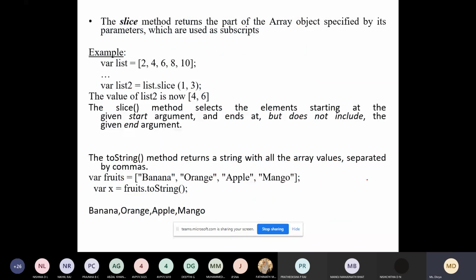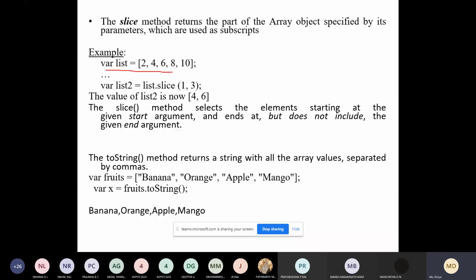The next method is the slice method. The slice method returns part of the array object. Slice is nothing but a part of the array object specified by its parameter, and you have to supply the subscripts. So here we have an array.